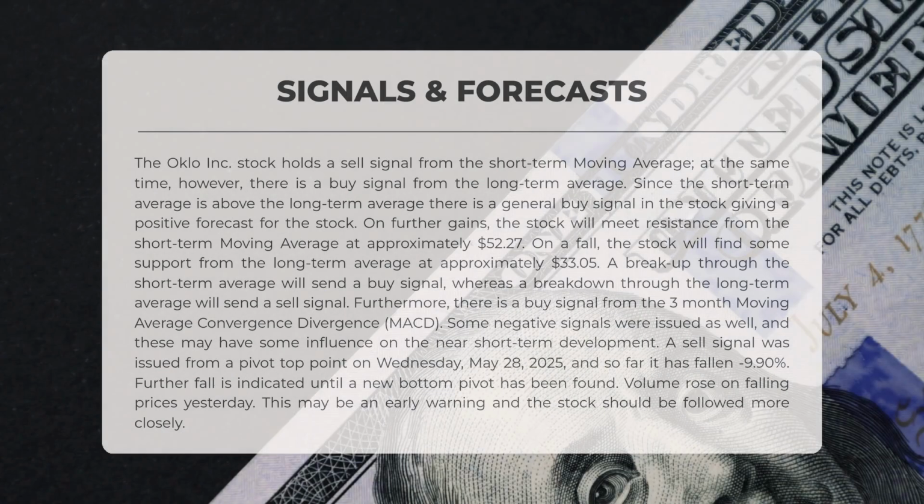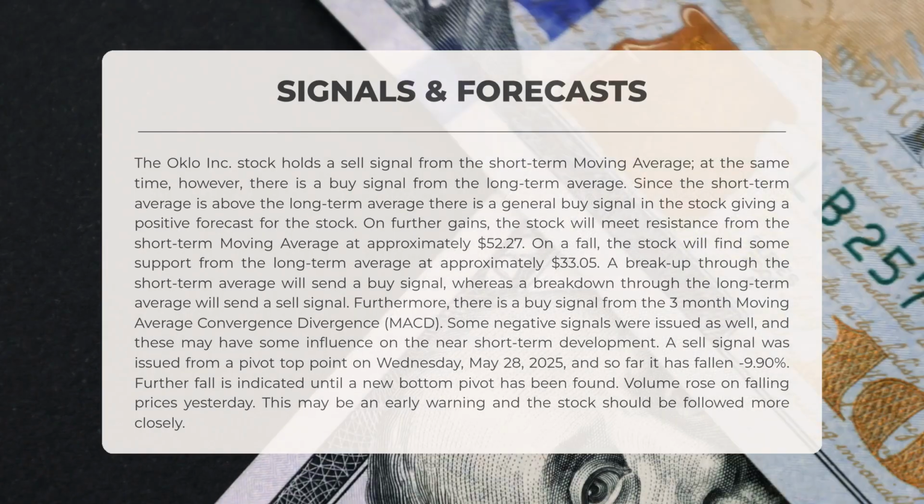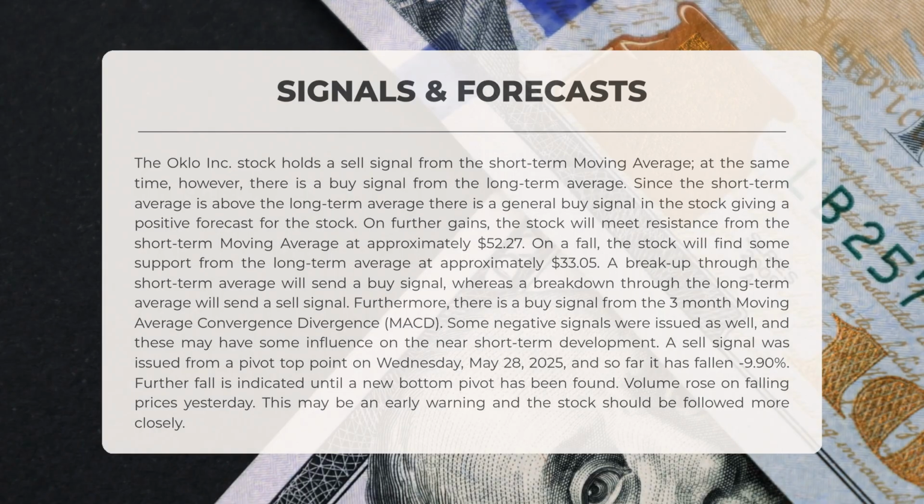The following signals have been identified for Oklo. The stock of Oklo Inc. currently presents a sell signal from the short-term moving average. However, there is a buy signal from the long-term average. Given that the short-term average is above the long-term average, this creates an overall buy signal, suggesting a positive outlook